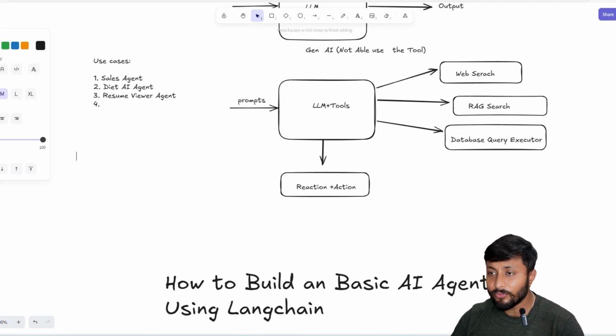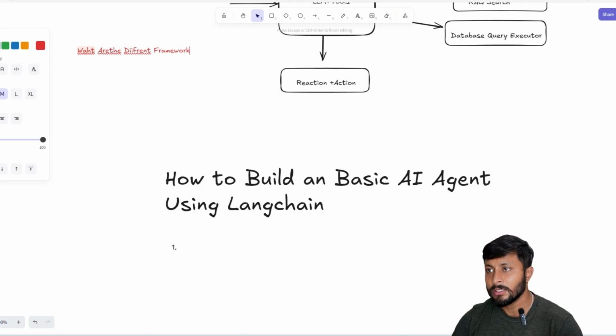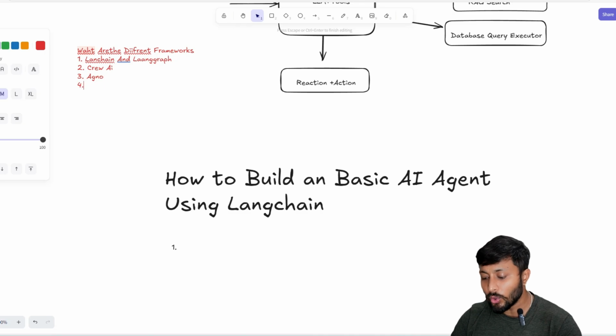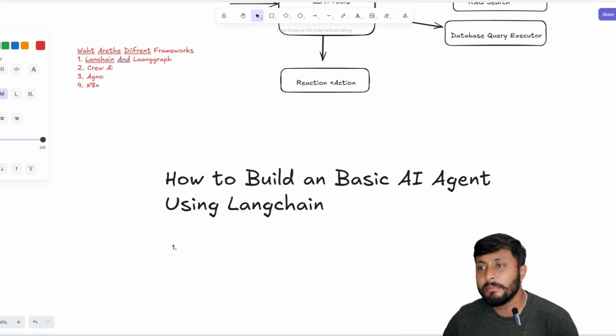Now the question is, what are the different frameworks for this? We have different frameworks. First we have LangChain and LangGraph. Secondly, we have CrewAI. Then we have Agno. And if you go for a low-code no-code platform, then we have N8N. There we basically do drag and drop, and based on that we can create